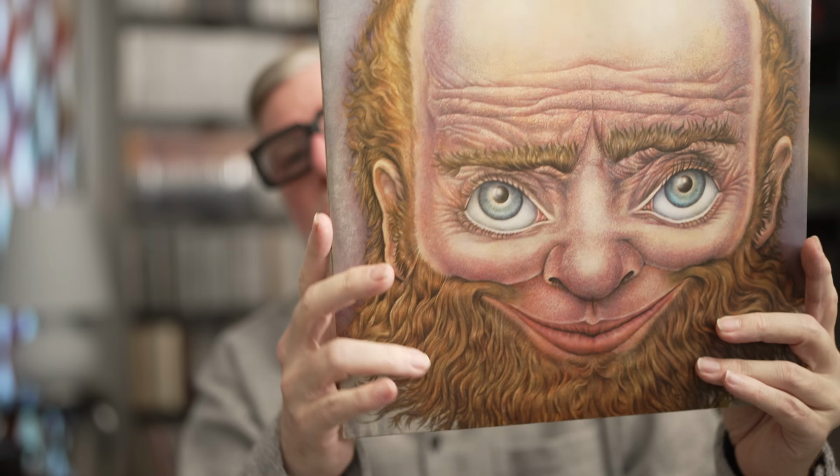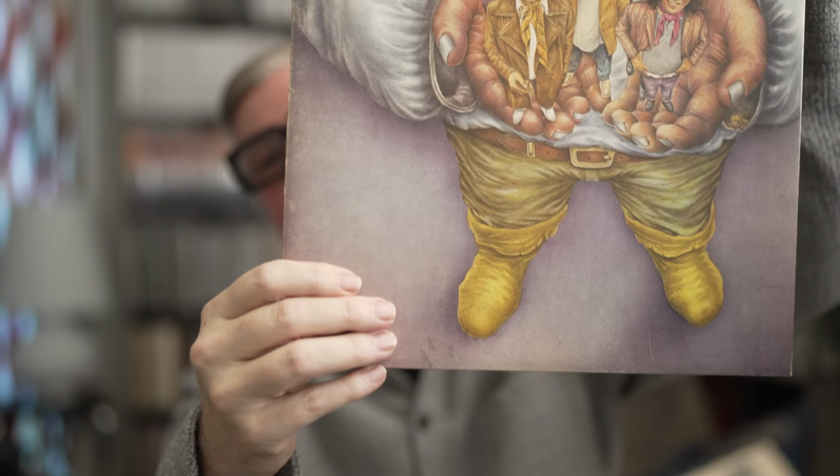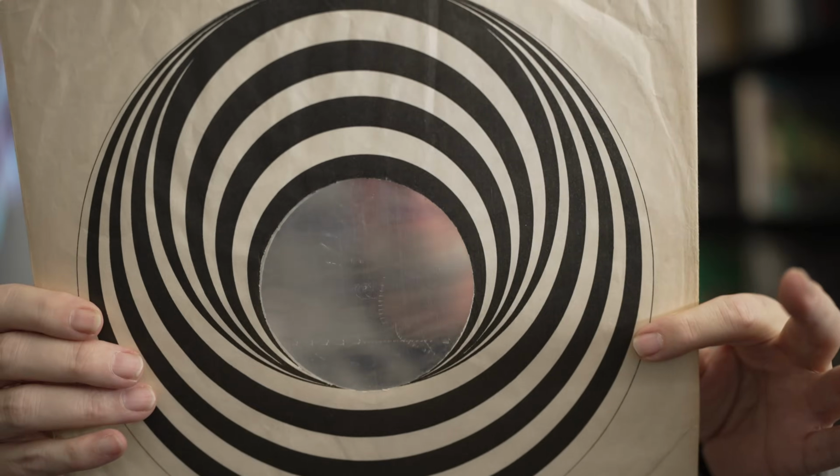UK first pressing of... okay, no, wait. This is important. First album of Gentle Giant. Okay, wonderful, wonderful jacket. Here you have the inner of this gatefold, and here you have an original inner sleeve. And what's now important is,